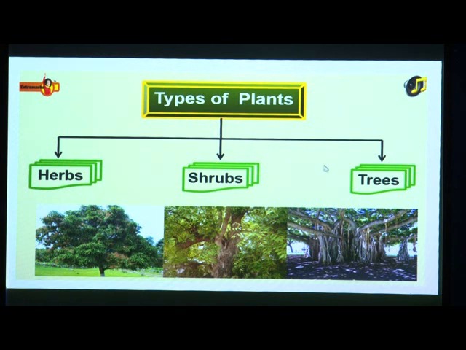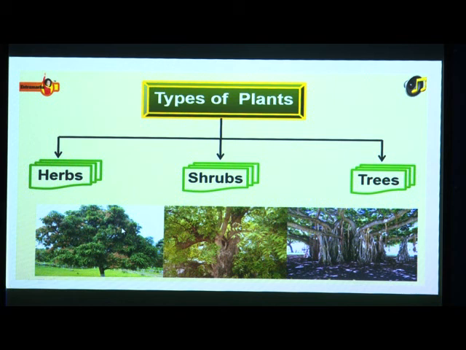Next type of plant is trees. Trees are tall plants with a big trunk. You can see here, the trees are plants which have a big trunk and all the trees are big in size. Branches and leaves are borne on the upper part of the trunk. So, after the trunk there are big branches on the upper part of the plant. Mango, neem tree, coconut tree, palm tree, banana, papaya are some common examples of trees.